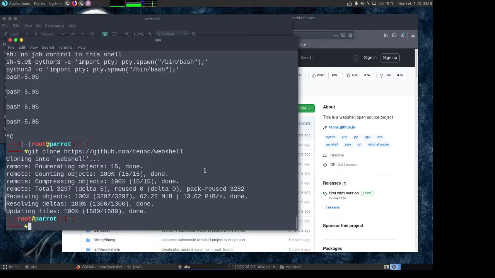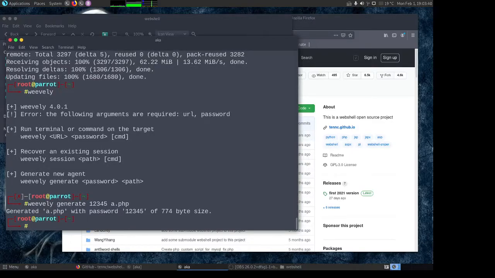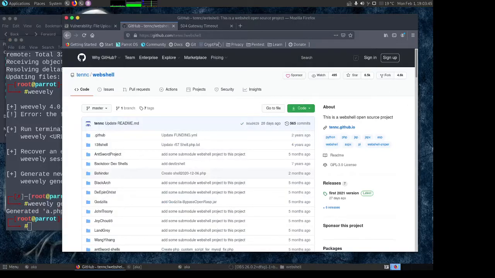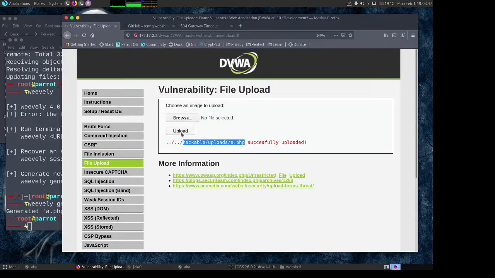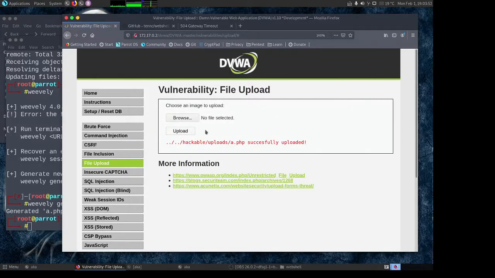The other one that you can use is Weevely. If you run just Weevely, it will show you how to generate a Weevely shell. So I can say weevely generate, password, let's say 12345, and path is a.php. It will generate a.php with password 12345, and then I can go back to my file upload, browse a.php, upload,